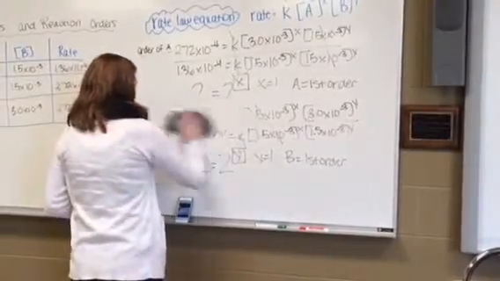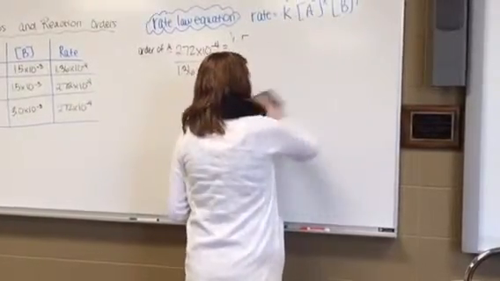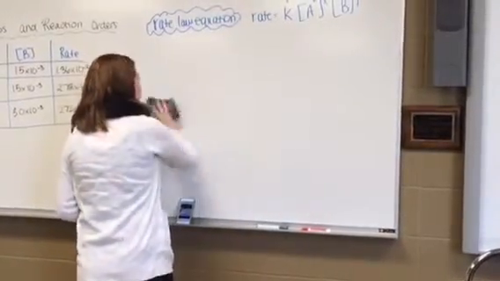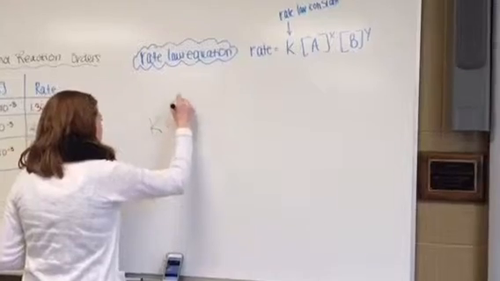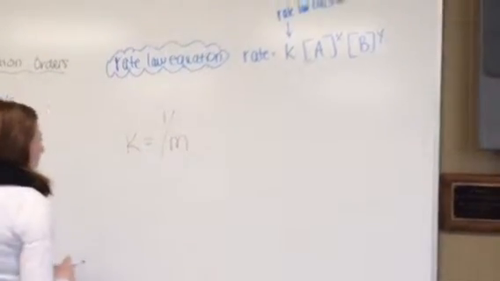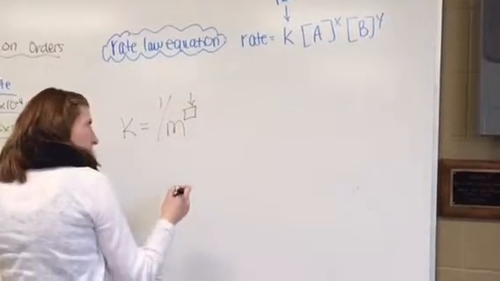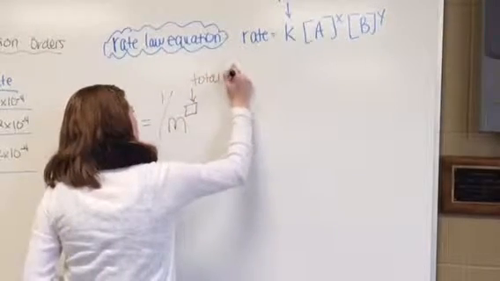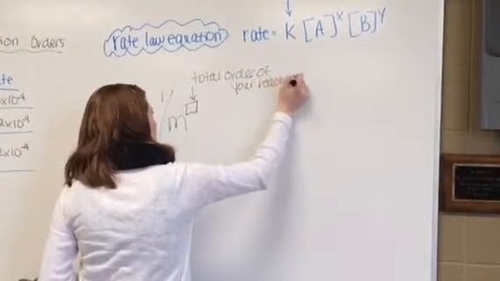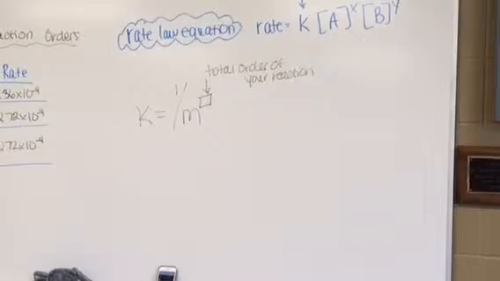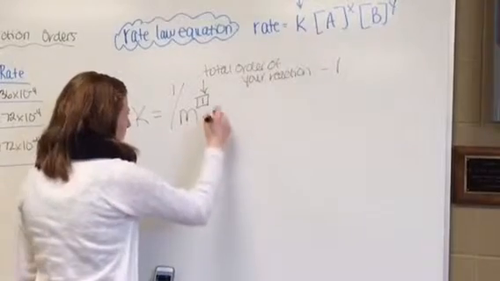So now we're going to talk about K. In our rate law equation, our rate law constant is K, which equals 1 over meters times, this is the order of your reaction, which in our case we had 2 first-order reactants, so that would be 1 minus 1. So in our case we would have meters to the first power times second